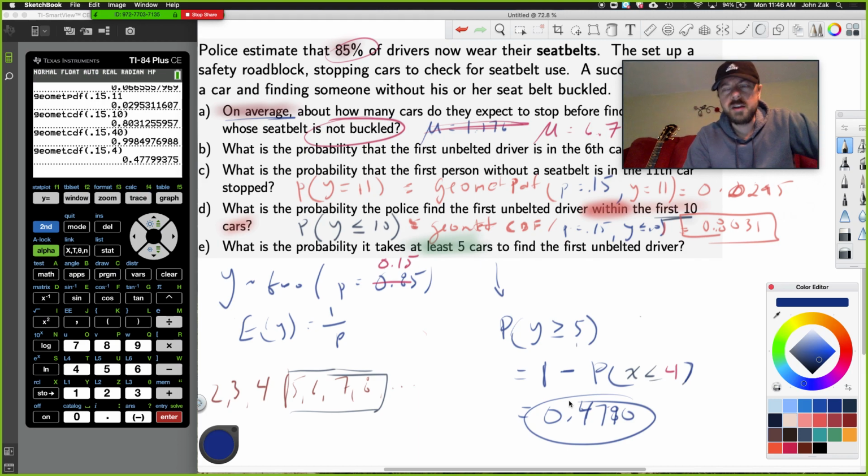A geometric, unlike a binomial, has a fixed number of successes as opposed to a fixed number of trials, and geometrics always are looking for the first success. Just as a fun fact, if we were studying probability in more detail, we might look at something called a negative binomial. A negative binomial random variable allows you to have different numbers of successes, like the 4th success or the 10th success, and an optional infinite number of trials. But we won't do any of that here